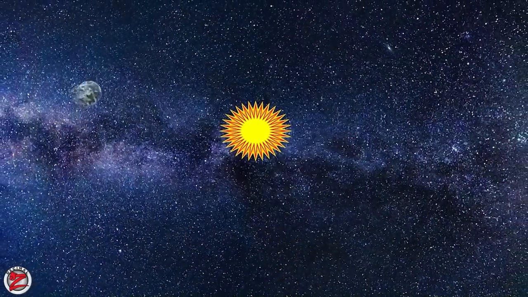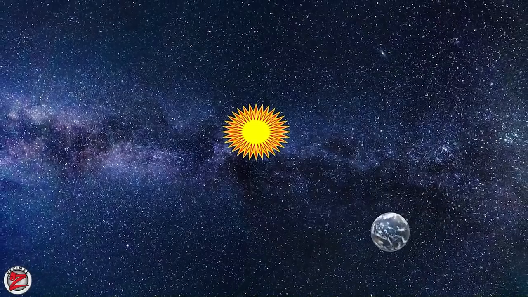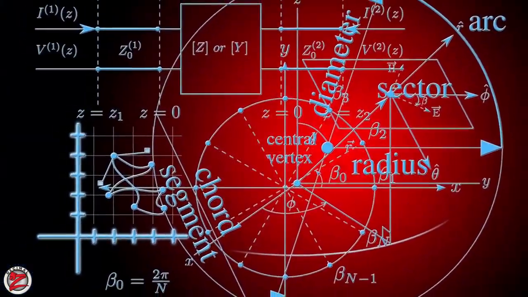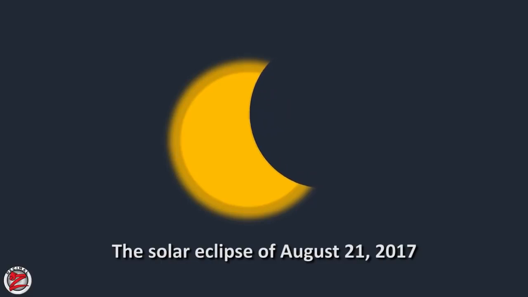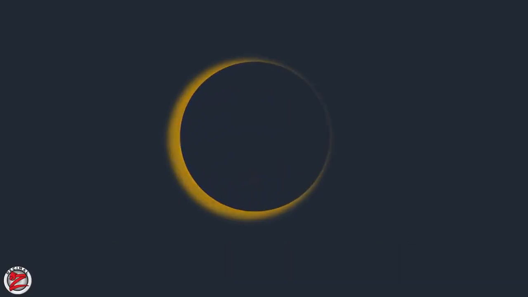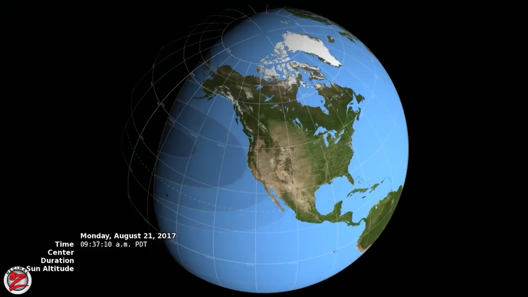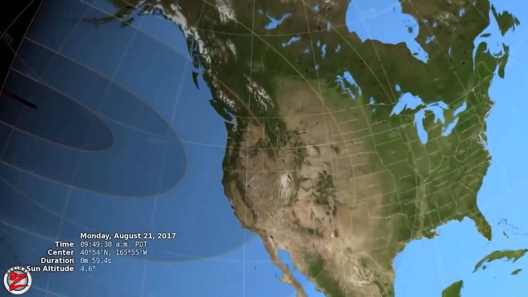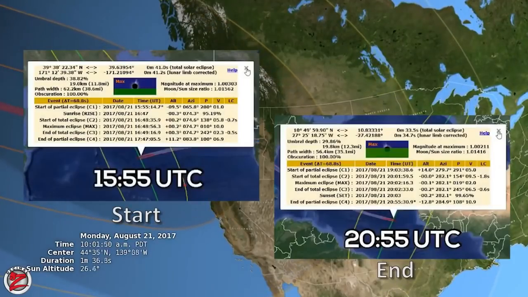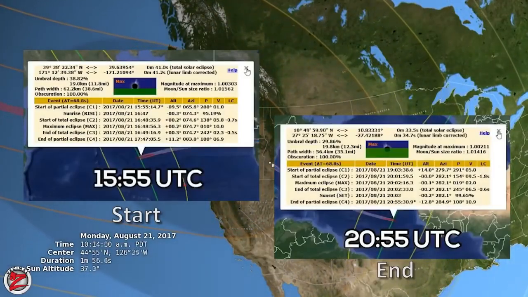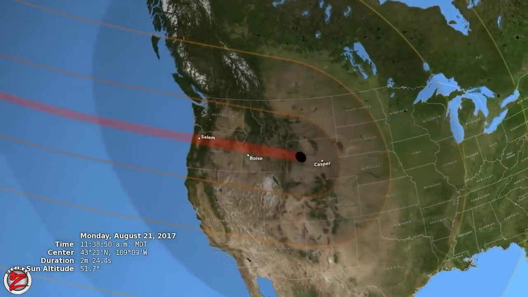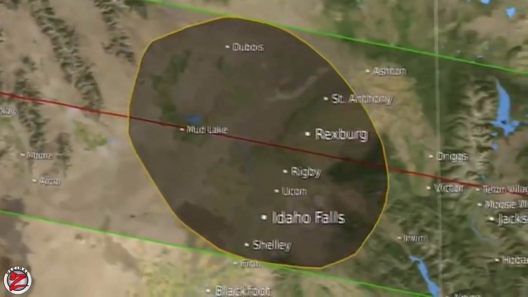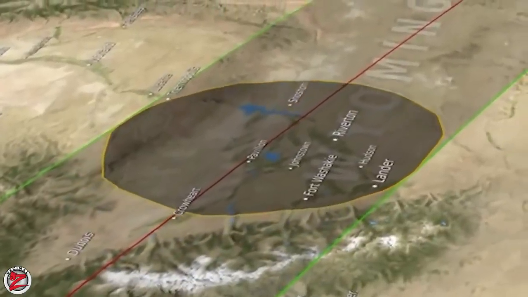In fact, the distance to the sun has always changed throughout history. And every time they change the distance to the sun, they readjust everything else. But something strange happened in 2017 in the largest eclipse of the year over the United States. On August 21st, on their own website, they said that the duration of the eclipse is 5 hours. So if you do the calculations of the globe model, you will see that the eclipse should only last 4 hours and something. So with this eclipse, they have almost an hour to spare, and they know it.